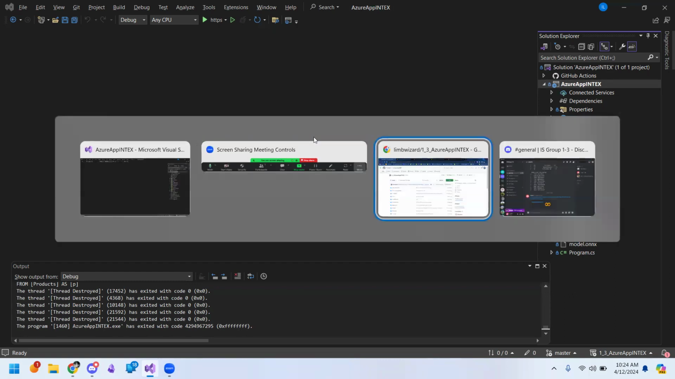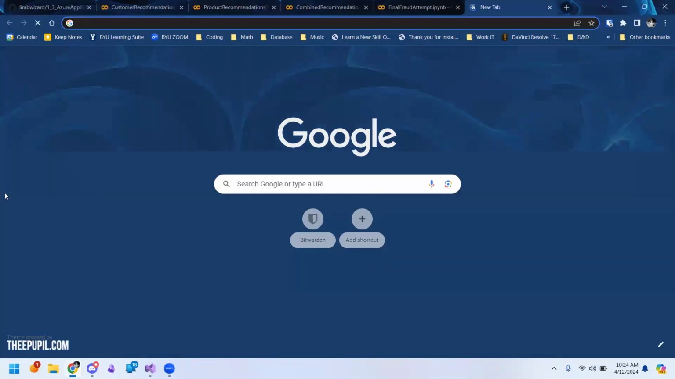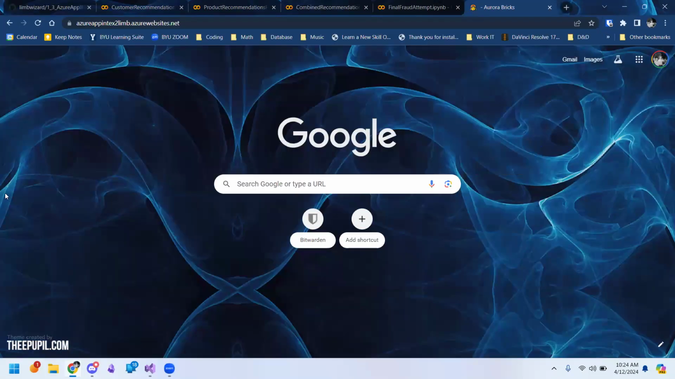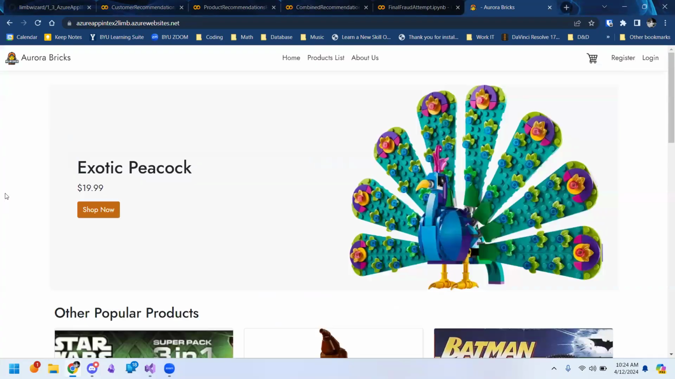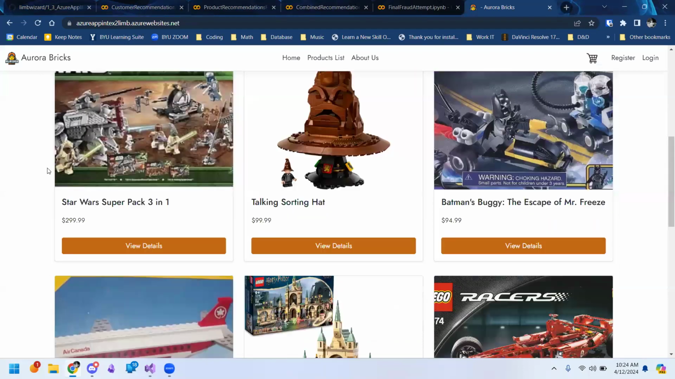So, to start off, I'm going to take you to the website. We were able to deploy using Azure. Everything is set up correctly, connected to the Azure SQL Server database. As you can see, HTTPS is forced. The homepage is clean and professional looking,